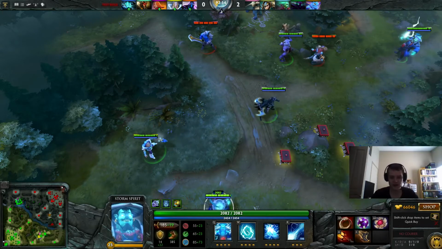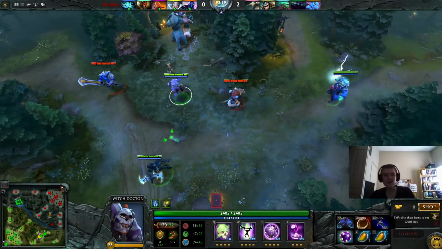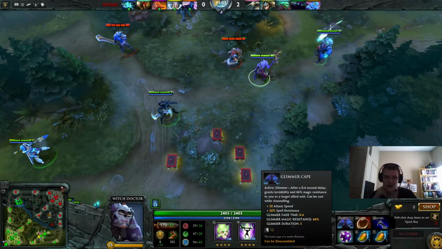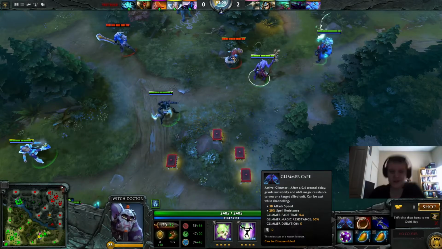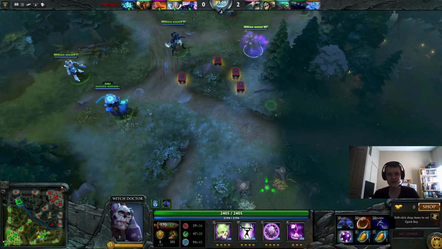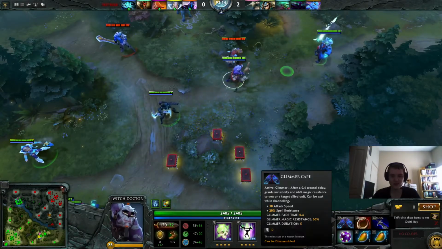Next, we have Glittering Cape, is it called? Glimmer Cape, okay. Glimmer Cape is a really cool item. Now this is a new support item. What it does is it promotes Casual Cloak for one, because Cloak now builds into something other than Pipe, and Pipe got buffed in this patch too, but basically this is a 5-second invisibility, and while you're invisible you also